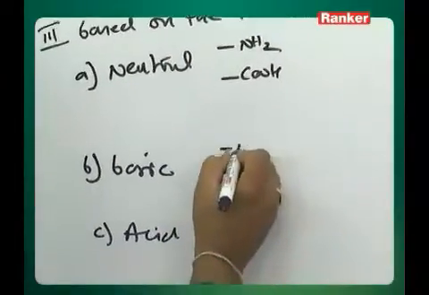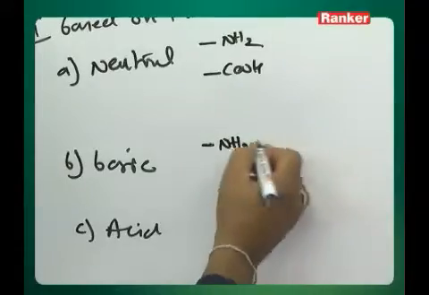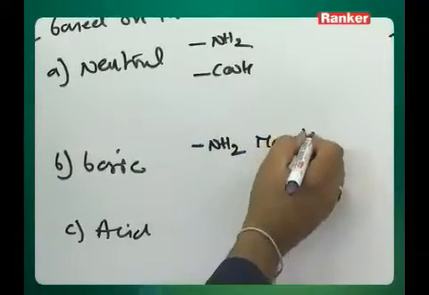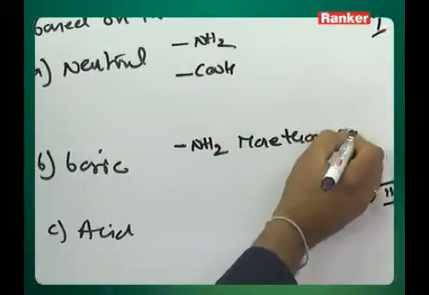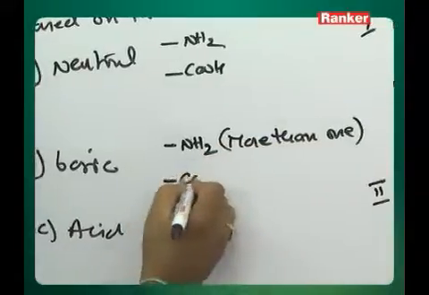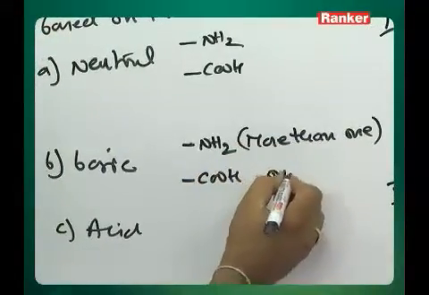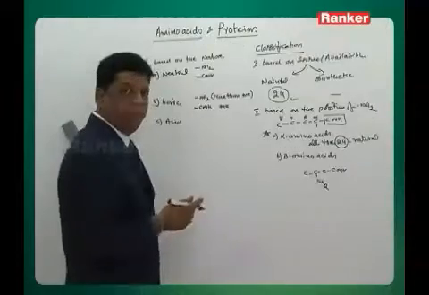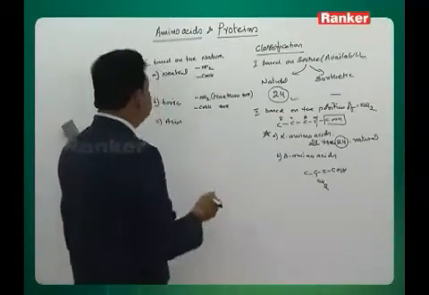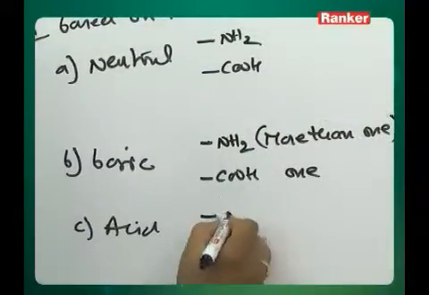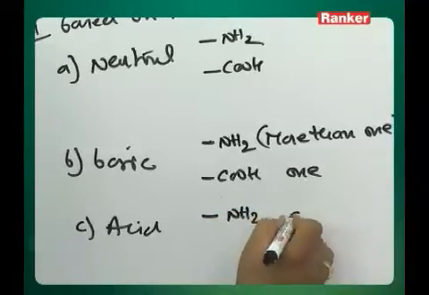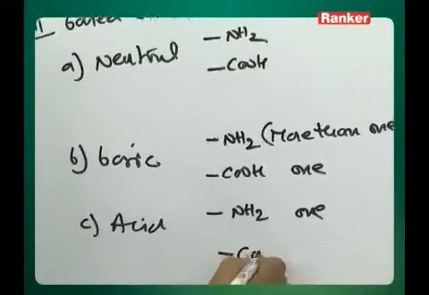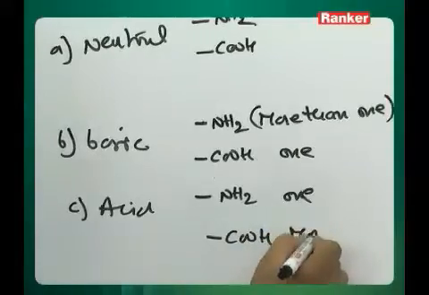But if there is more than one NH2 group, and the COOH is only one, in such a case the amino group dominates the nature, so basic property is attributed. Whereas if the amino is one group and the COOH is sometimes more than one,